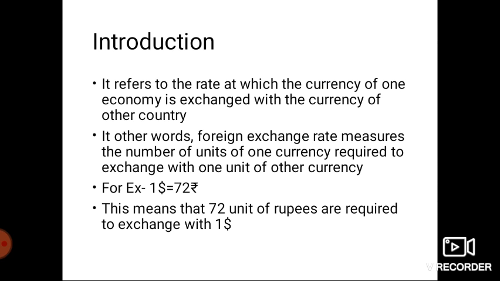Now what have you learned? You have learned how the currency of one country comes to another, how this rate is determined, the rate is called the foreign exchange rate, and who are the players. Next I'm going to teach you what are the functions of the foreign exchange market. In the next class I will discuss demand for foreign currency, and similarly supply of foreign currency.